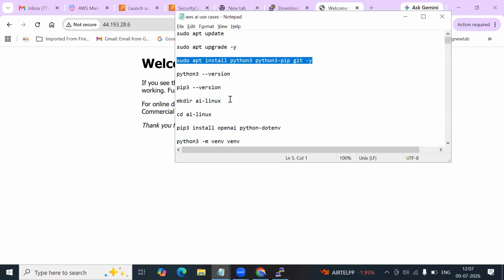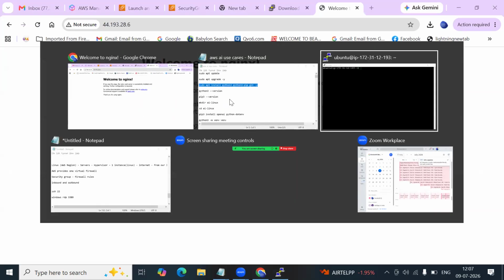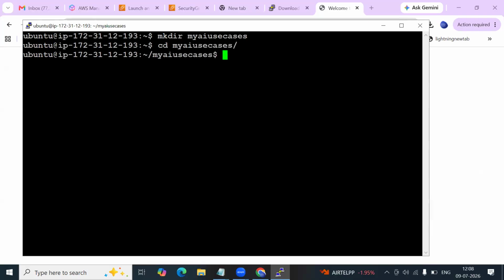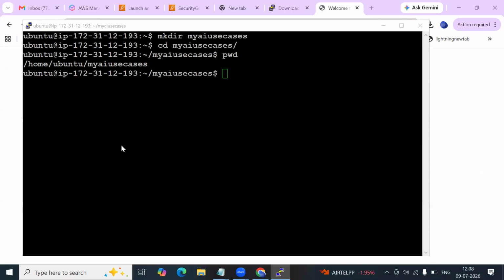Then I'm going to create one directory. Okay, mkdir is going to create a directory, and cd is change directory. Now if you go for pwd, present working directory, like this, we need to practice a minimum of 100 to 200 Linux commands. Okay, so then,